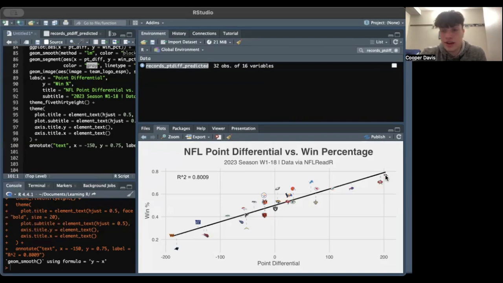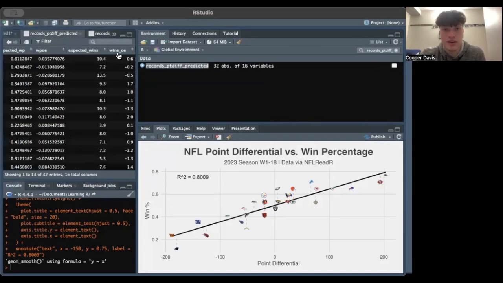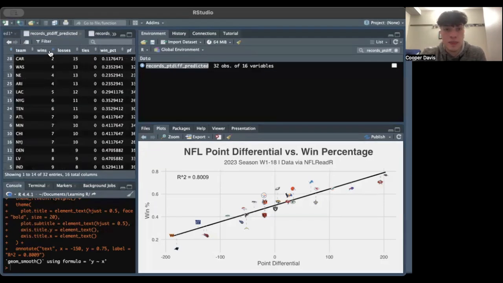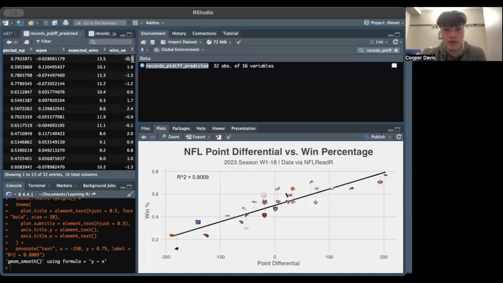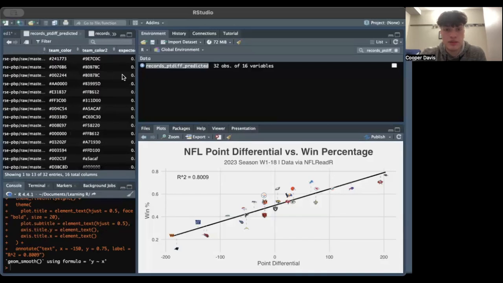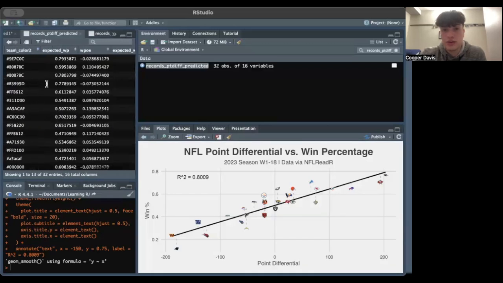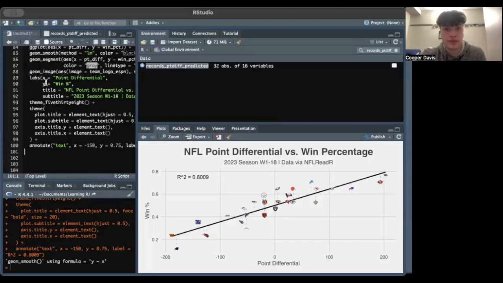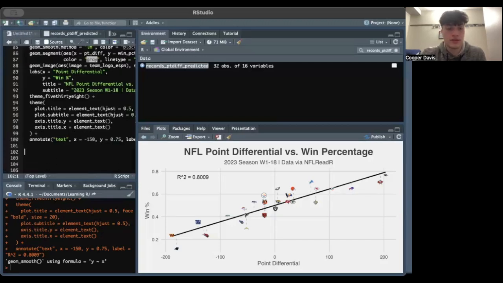As you can see, the Ravens, the 49ers, the Cowboys, they actually won fewer games than they predicted. We can go in here and we can see Baltimore, 0.5 fewer. Dallas, 1.3 fewer. San Francisco, 1.2 fewer. So now that we have that,